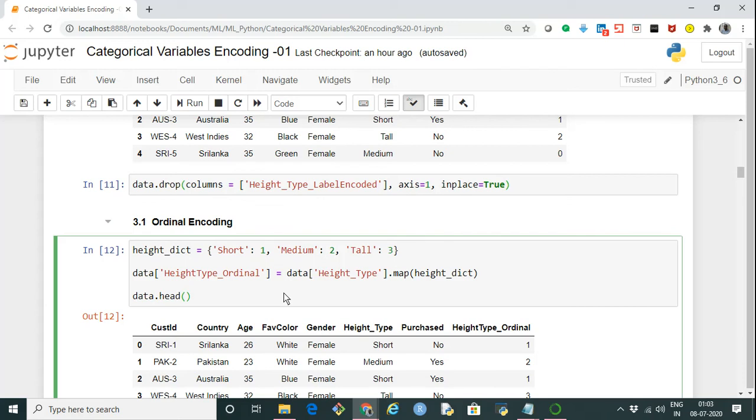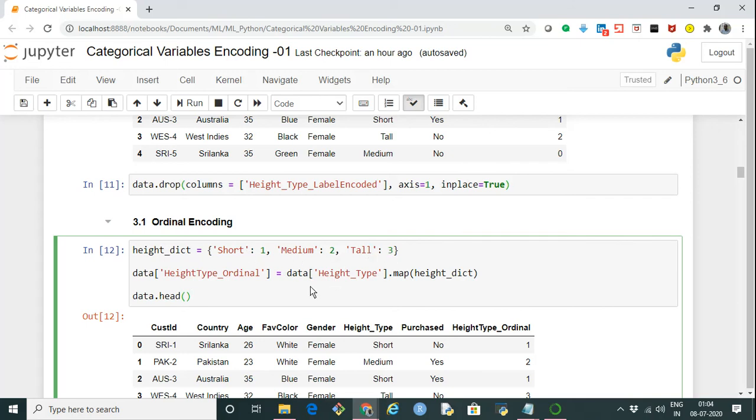In ordinal encoding, we basically specify the values ourselves: for this particular category assign this value, and for another category assign another value, and so on. That is how we maintain an order between the different categories of the categorical variable. In this case, let's say I am creating a dictionary in which short is mapped to 1, medium to 2, and tall to 3.